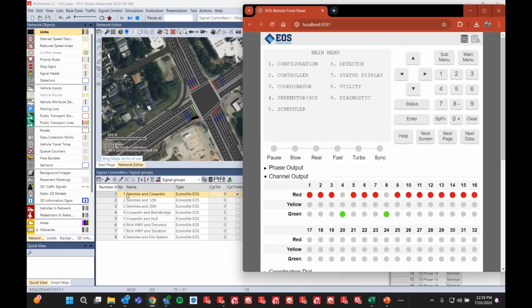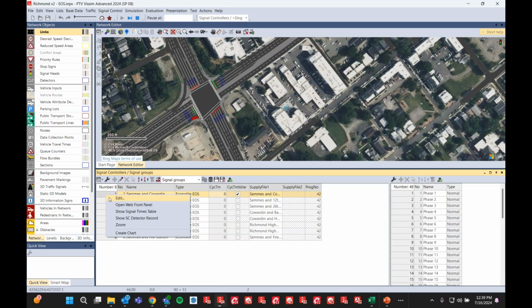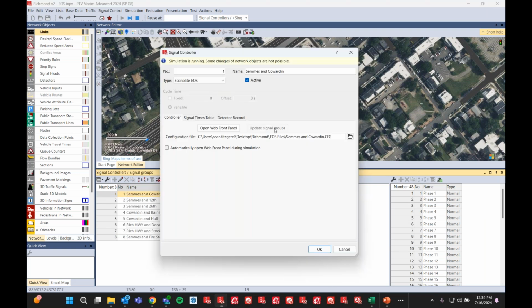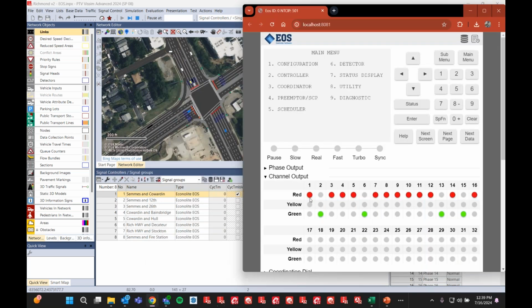You will notice here now when I right click in the context editor, those options are also here. So I've got open web front panel and show signal timings table, and all this stuff is here. Obviously I can't update the controller configuration while the simulation is running. Now that's grayed out, but I can open the web front panel. So I'm going to go back, open up,